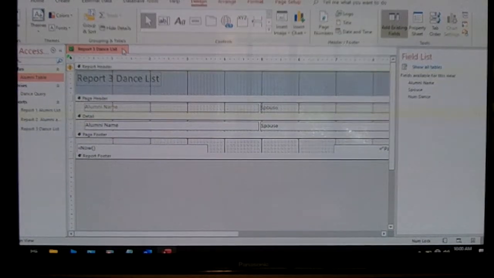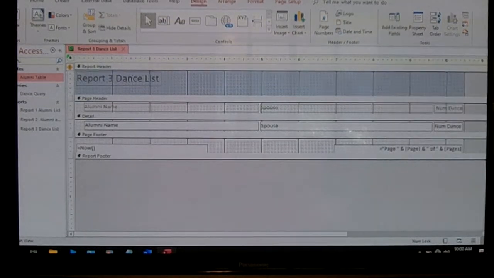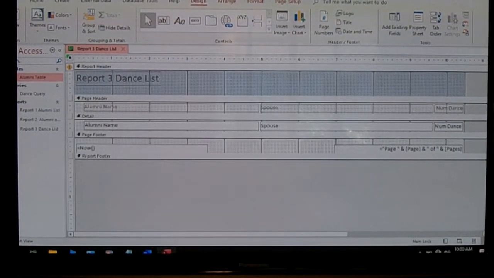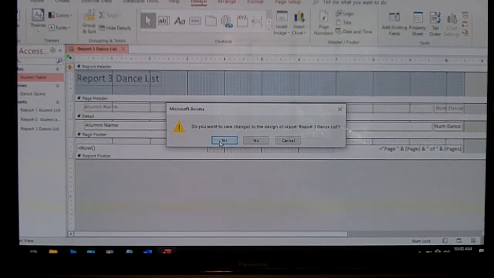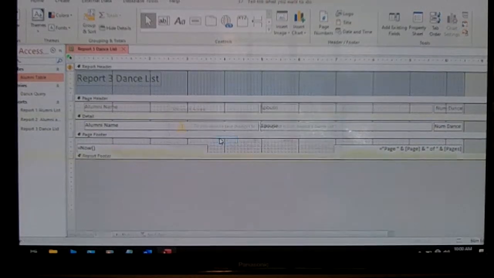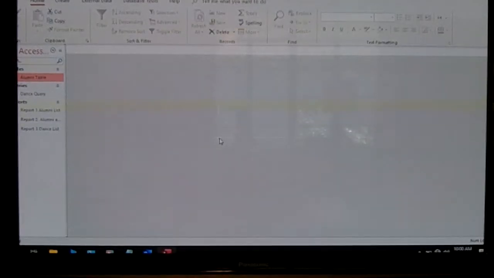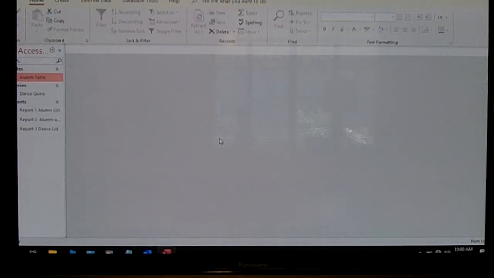And we could choose, get rid of that. There we are. And then we could come back here and exit here. You want to say changes? Yes. Okay. So then our 4th printout we're going to do is just a master list of the alumni name,